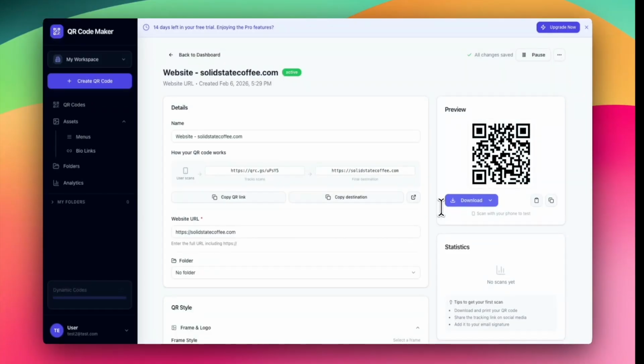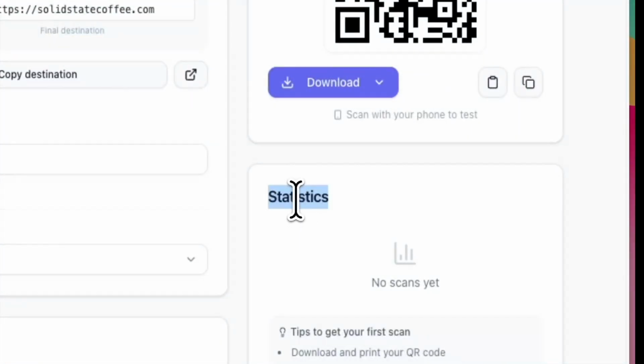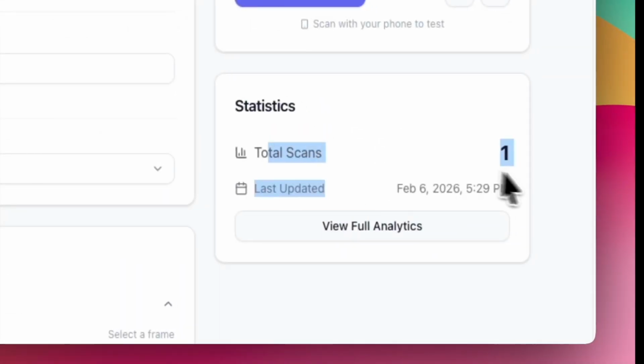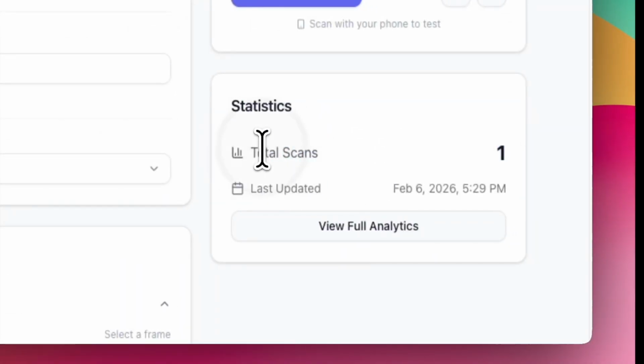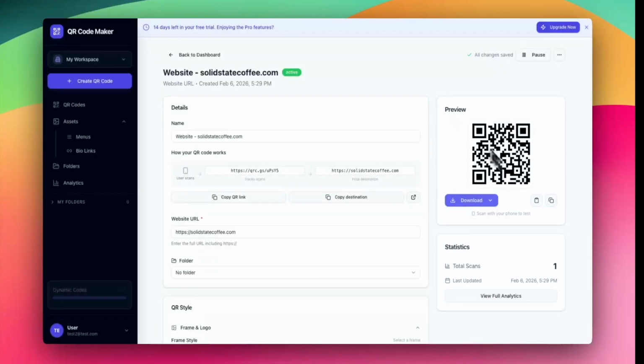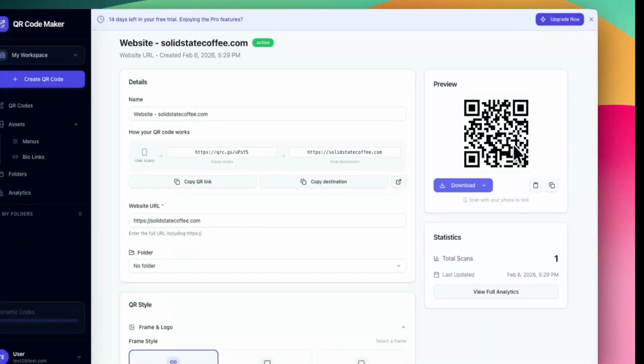Now, something interesting is going to happen as well, which is I just scanned our brand new QR code. And right on the bottom over here, you'll see that it says statistics. If I refresh the page, you're going to see that now we have one scan, which is this scan that I just did, which is great. And this is one of the things that traditional static QR codes do not let you see, this sort of analytics. So one of the great things about this is, let's just say you printed out this particular QR code and now you have it posted at your coffee shop or your facility.